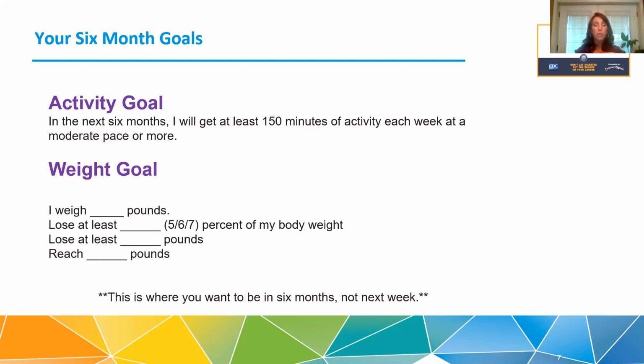Okay, so now we're going to move into our activity goal, and we're going to be filling this out together. So you can be looking at this. This is something I want you to send me, because at the end of this, I'm going to give you